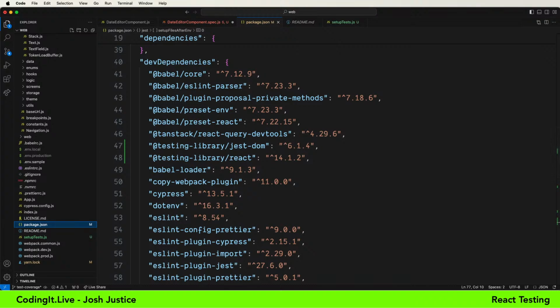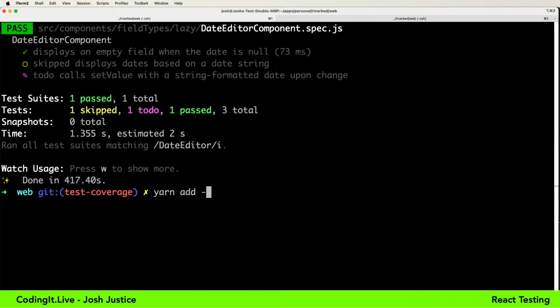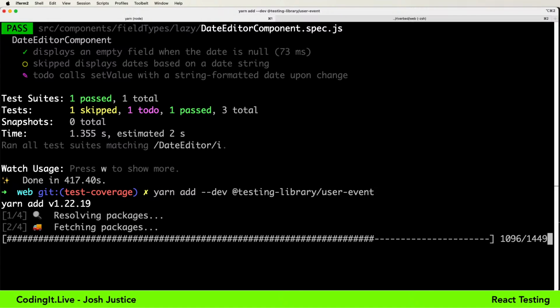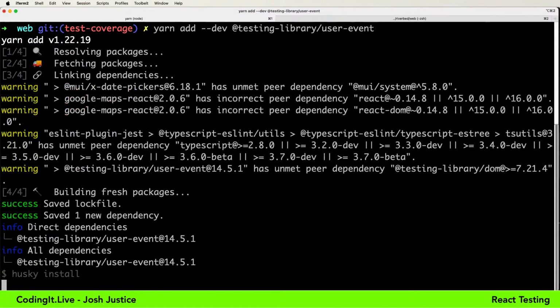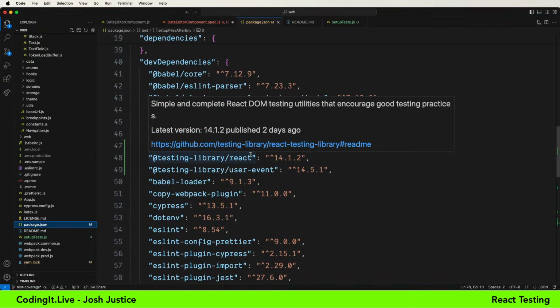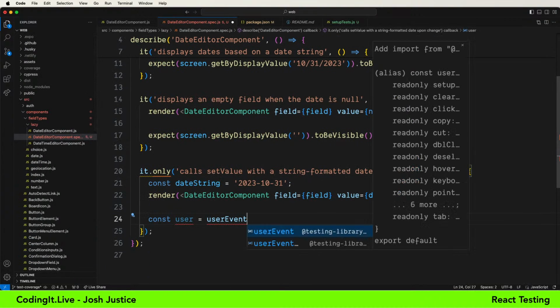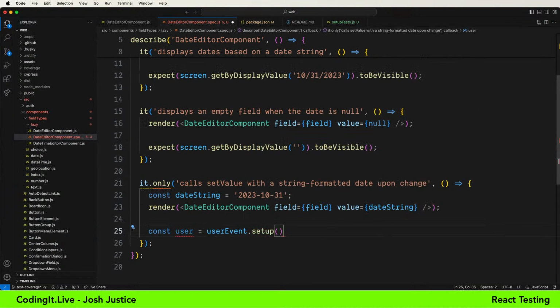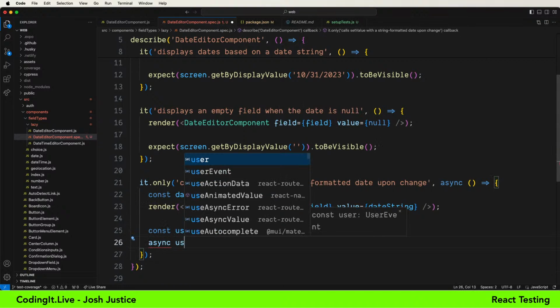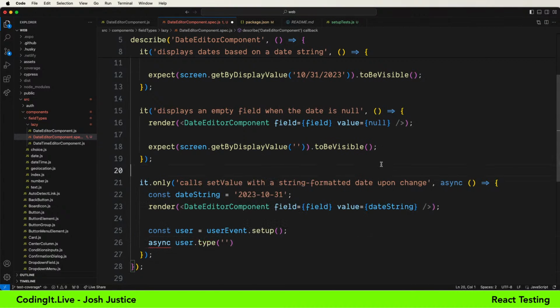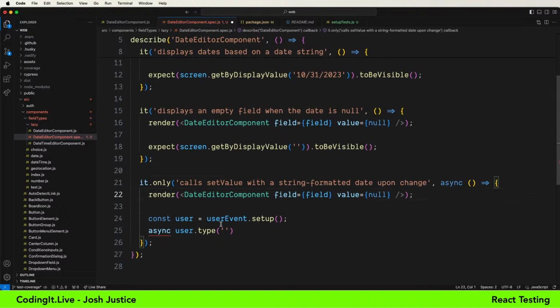Yeah, I do know that one. Yarn add dev testing library user event. Great library, very useful for testing. I don't think that requires any setup, so we'll just try. So user event setup, and then we're going to say we're going to need an async function here. Async user.type. We're going to type. Why don't we start out with the value of null? I think that'll be easy because then it's empty. And we're going to type 10/31/2023